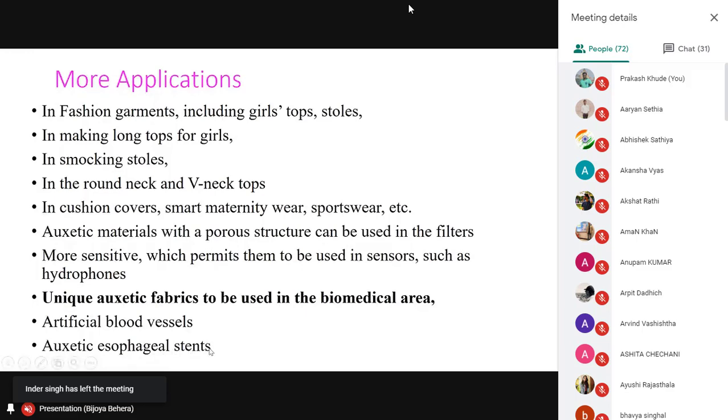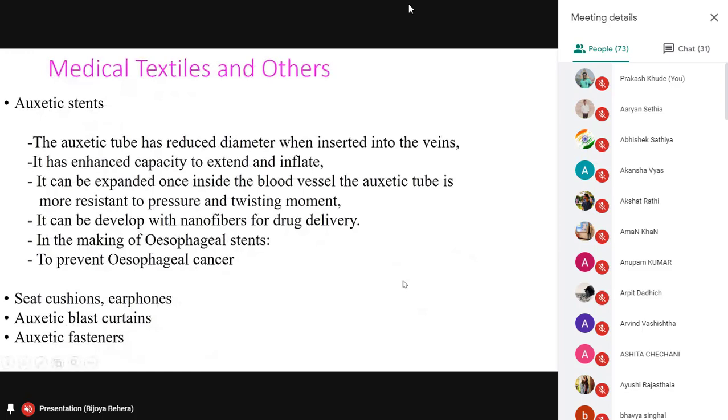Stents, you understand, we use stents for heart surgery also. So that is an auxetic material. When it is extended longitudinally, it should also expand in the transverse direction so that dilation takes place, the diameter increases, so there is easy passage of the blood. So stents are also made up of these auxetic materials. And I'll give you some more examples. Auxetic stents, some more points are written on auxetic stents, as I already explained in medical applications.